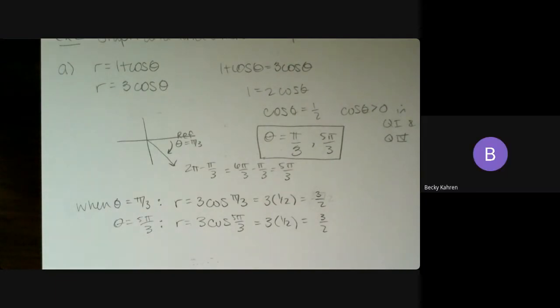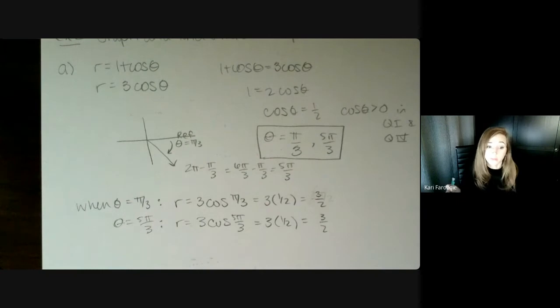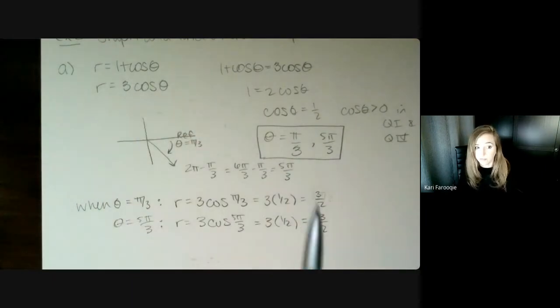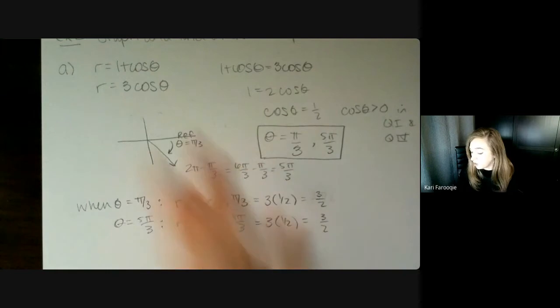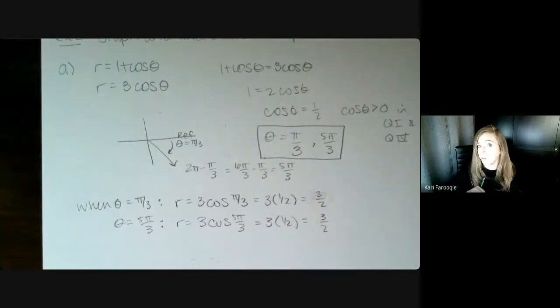Now, when you said we could use any equation, but if we pick one, should we just use it for the second one too? No, it doesn't matter. You'll get the same value either way. So if you pick either one, well, in both cases, we could have used r equals 1 plus cos theta both times. Or you could interchange them, doesn't matter.